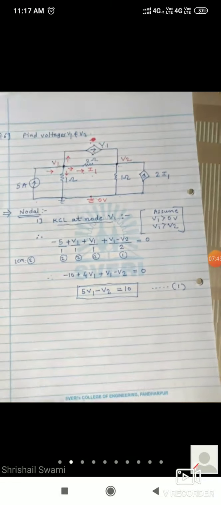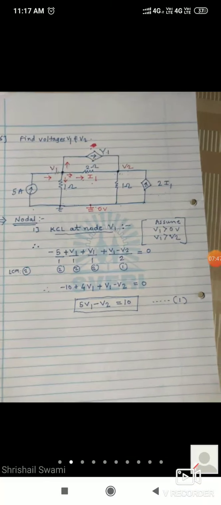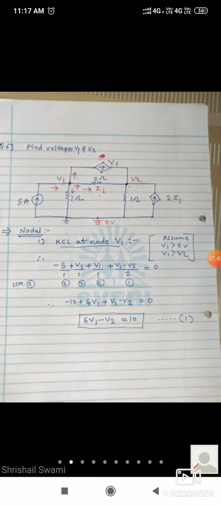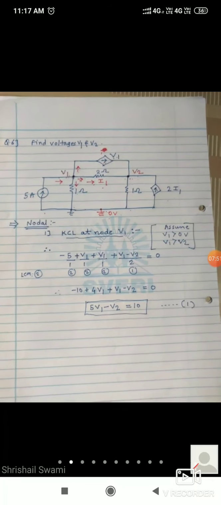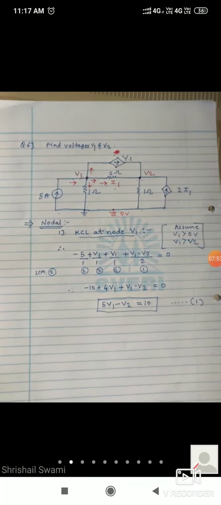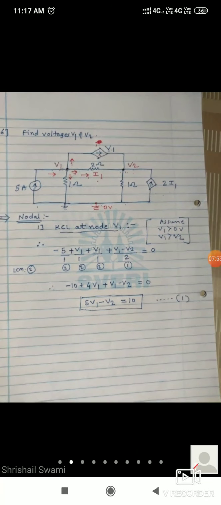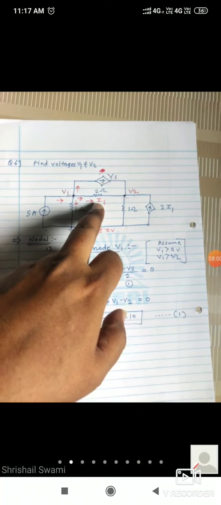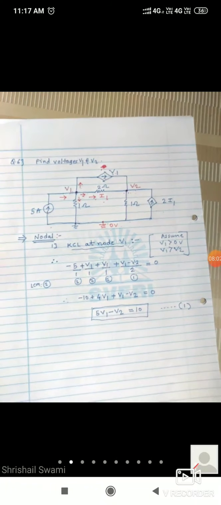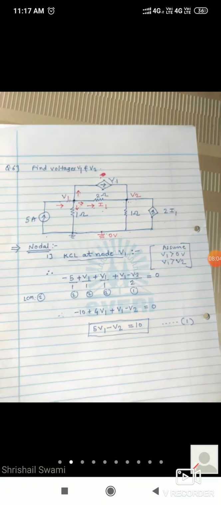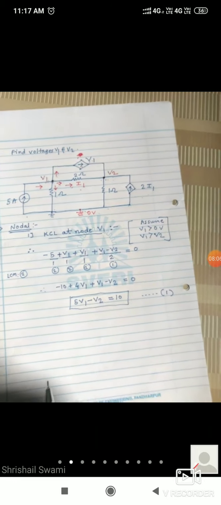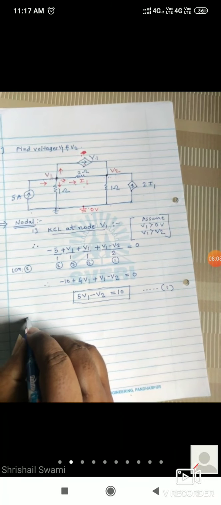Up to this stage, there is no problem, I think. Okay, simply we are following our method. Whatever steps we learned in node analysis, that method we have to follow. Okay, forget about this I1 direction. We have to take it as it is. If current value is not given, mark away from the node. Okay, now next one. Apply